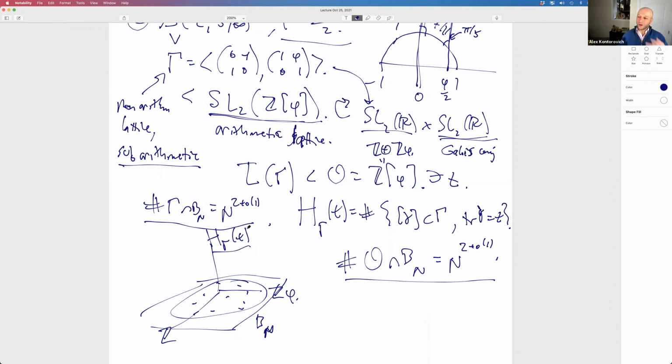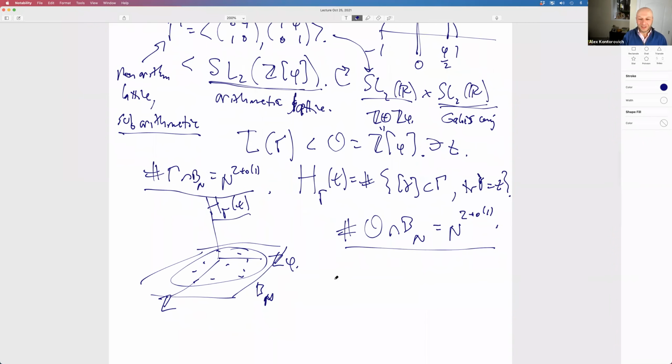And so one of two things might be happening. It might be that either every trace is represented a bounded number of times. So I'm plotting h gamma of t. Above every single point here is a height 1 multiplicity. Or